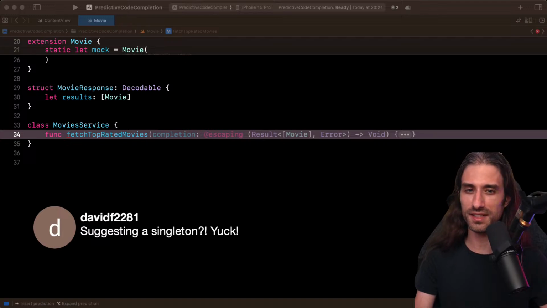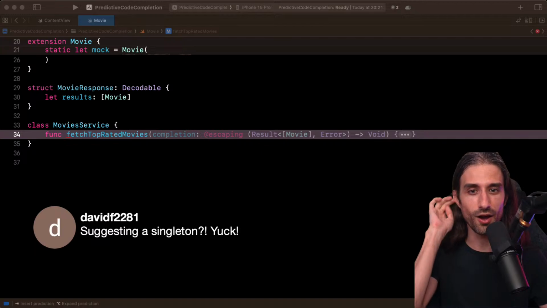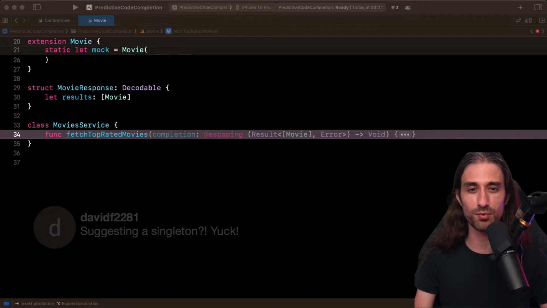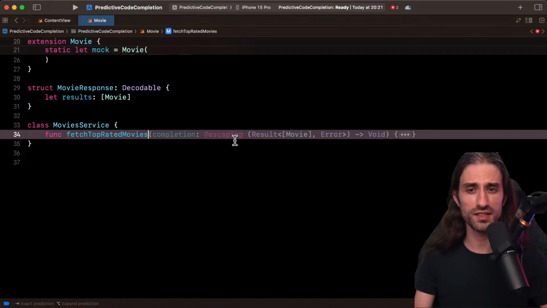Yeah, I mean, Apple did say that this AI has been trained to follow the best practices of Swift and iOS and Apple development. So does it mean that shared instances are now considered the best practice? But yeah, indeed. It also didn't suggest an async function. So it kind of shows that maybe it was trained on code bases that were maybe not super modern, or maybe there was more older code to train it on than modern code. But I'm a bit disappointed that it didn't suggest an async function, to be honest.